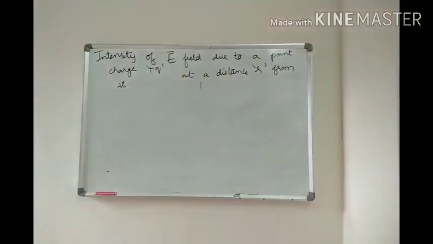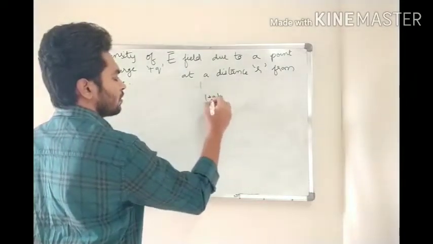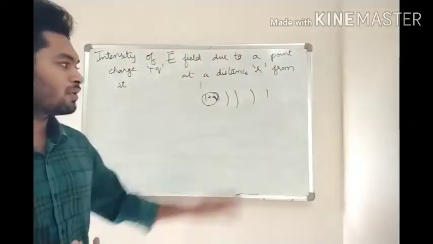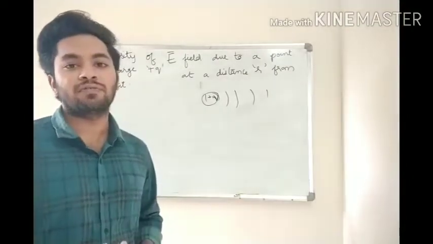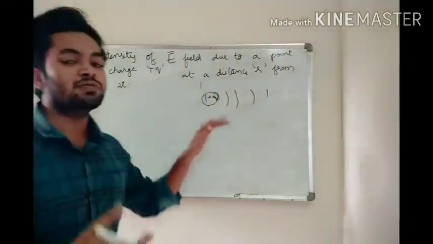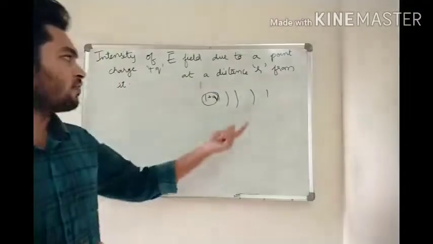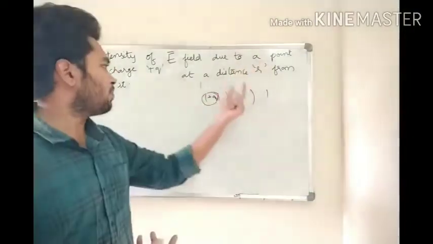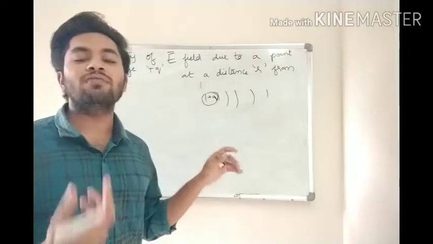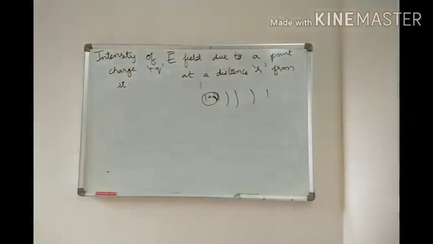Now what is this intensity? Now we have told this positive Q has some electric field, but we don't know the exact magnitude, how much electric field it is going to produce. So intensity of electric field means we are going to find out the magnitude of electric field. If you put a point charge in any place near the field, then we are going to find the magnitude. From that magnitude you are going to tell the intensity. So how do we tell this?